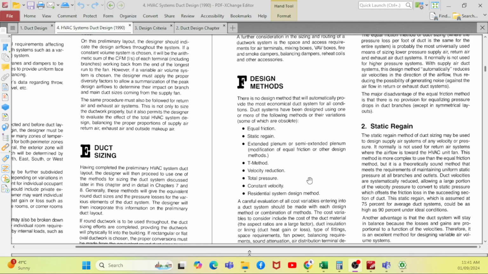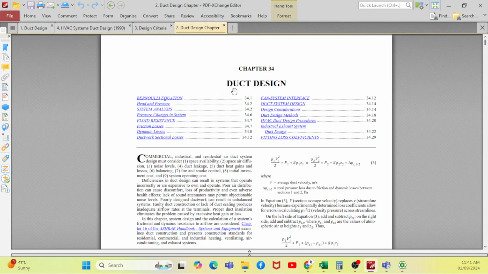There are different design methods, but most of the systems we are not using them. No engineers will be using them, except the equal friction method, which is the famous one, right? So this equal friction method only we are going to discuss, as per the ASHRAE. If you go to the ASHRAE duct design chapter,